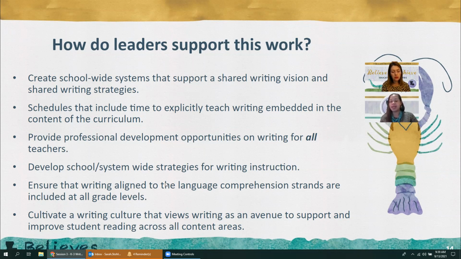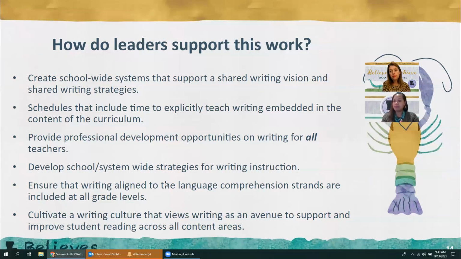One thing that comes to mind is vertical articulation. Oftentimes we sit down with our content teachers and vertically articulate across grade levels. It's important for us to do that with writing too. I remember as a leader, getting ready for the LEAP 2025, you pull out that LEAP assessment guidance and you're ready to rock and roll with your third graders, but it's important to do some vertical articulation across all those content areas with those assessment guides, because we don't want to wait until third grade for students to begin to express themselves in those ways.